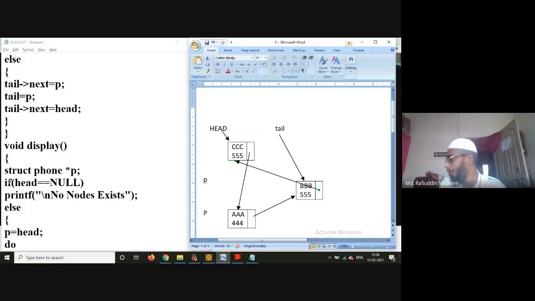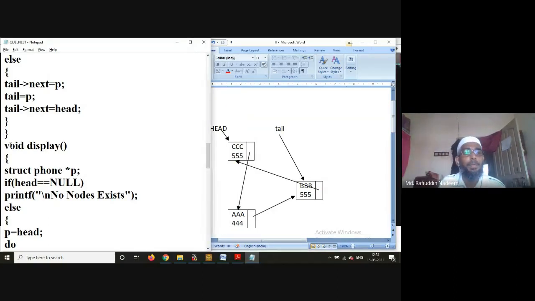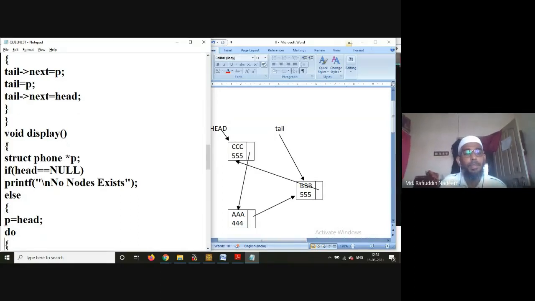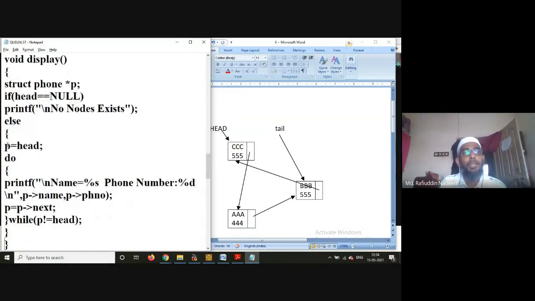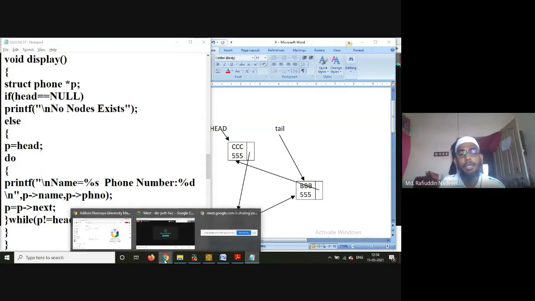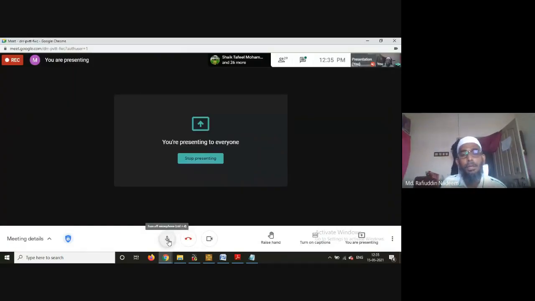After its creation, the next thing here is to display. When you are displaying, how are we going to display it? Let me just tell you. One second, just hold on.